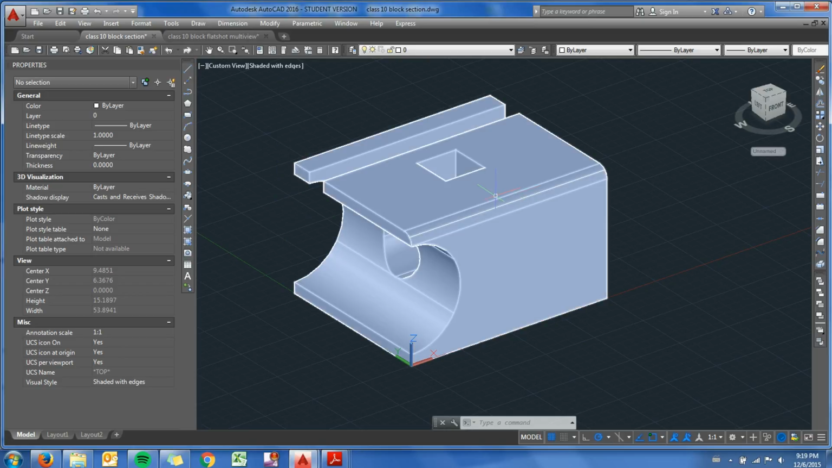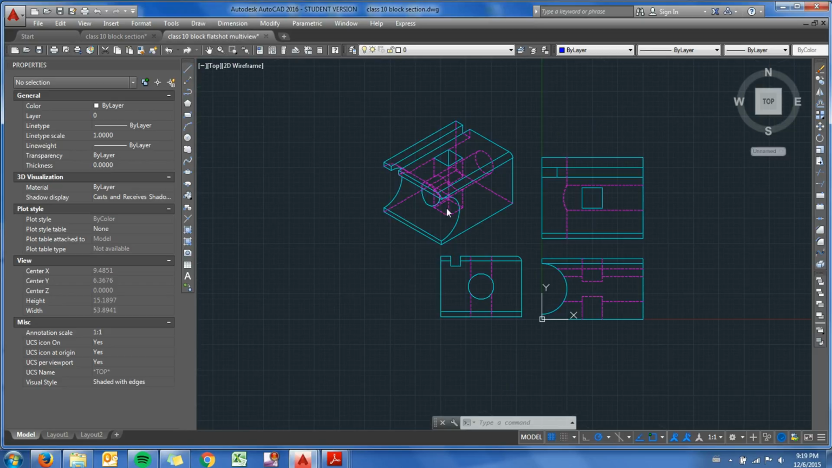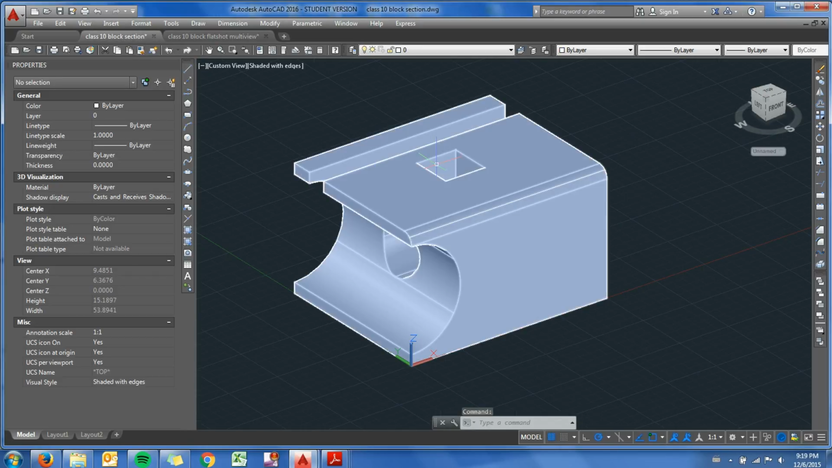You could just quickly use a Flatshot to get that section set up. So if you'll remember, I've got a square hole and a cylindrical hole that are intersecting in the middle of this block. If I think I'd like to show some more detail of that, what I can do is